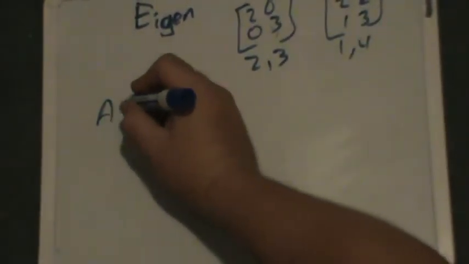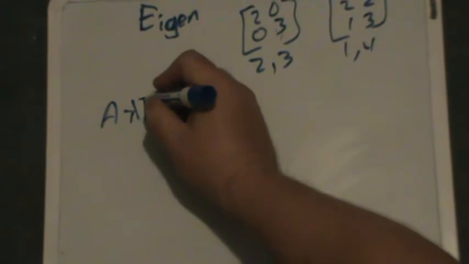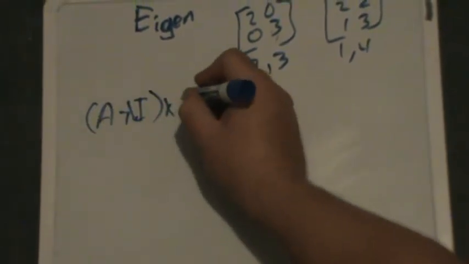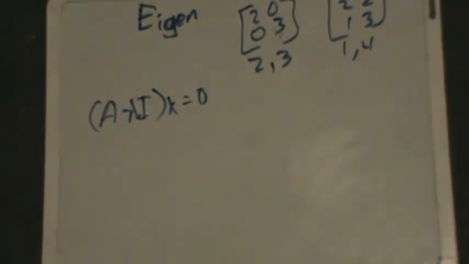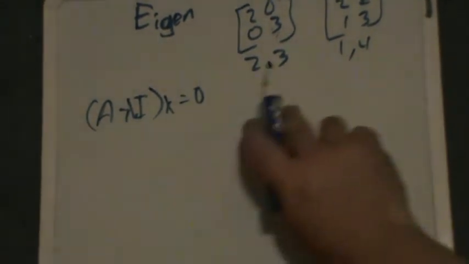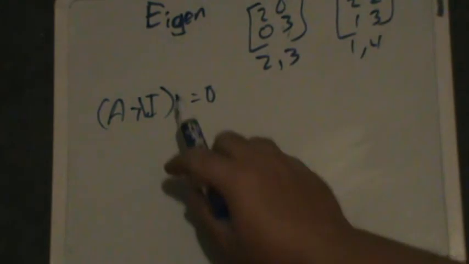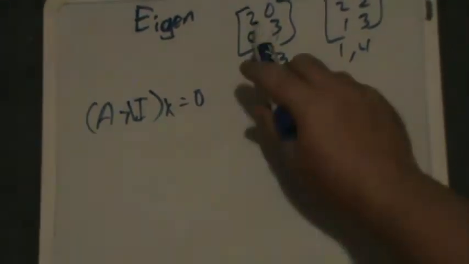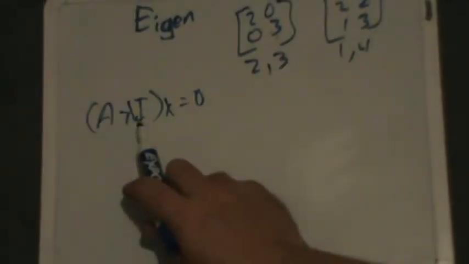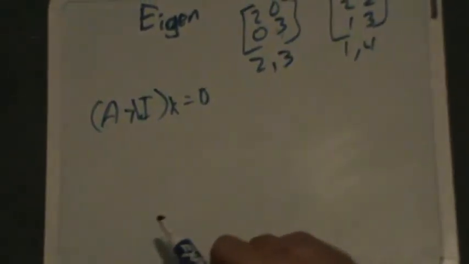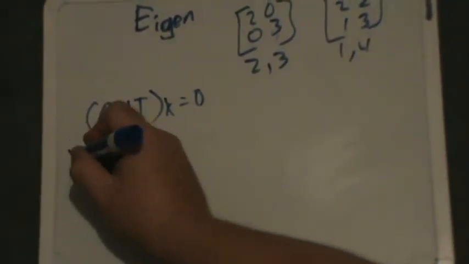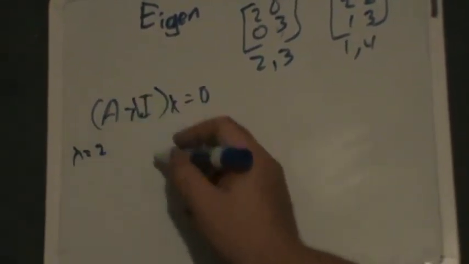So what you do for these, if you remember, we had that A minus lambda I times x had to equal 0. So this gives us a nice little formula, but now we know what the lambdas are, so we can stick them in. This becomes a completely known matrix. So now x is solvable. So let's take this one first. We already know this just puts the minus lambdas on the diagonal, so we do it for the first one. We say lambda equals 2 and put it in.